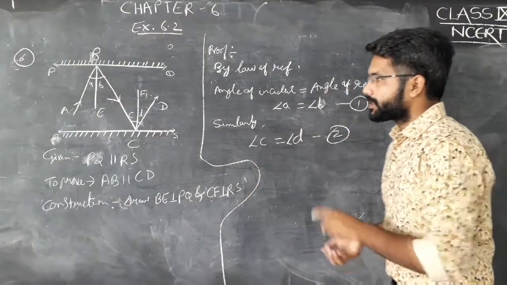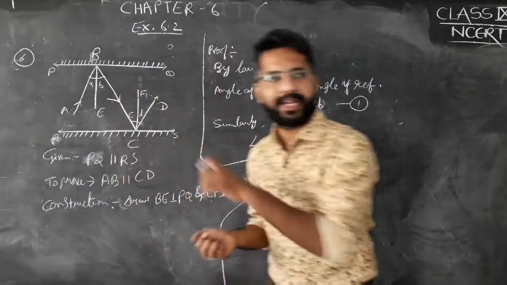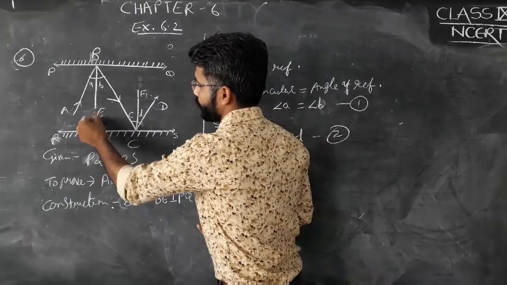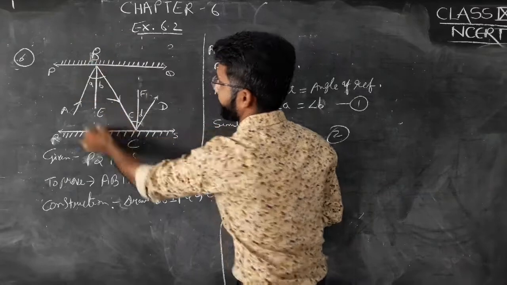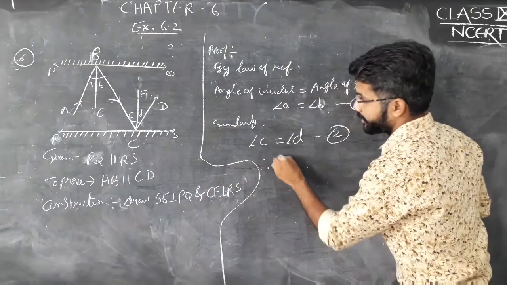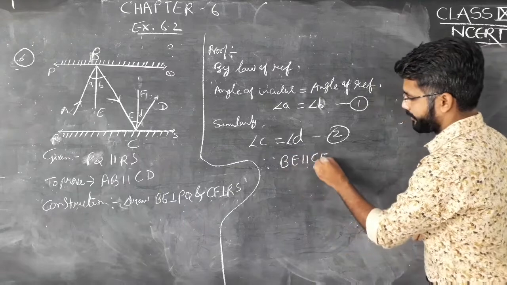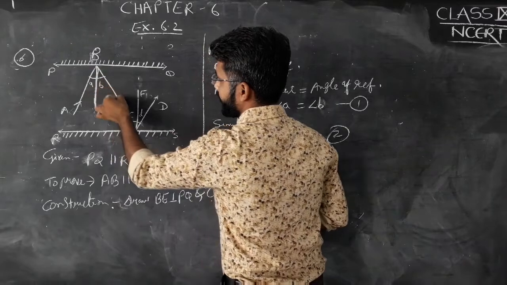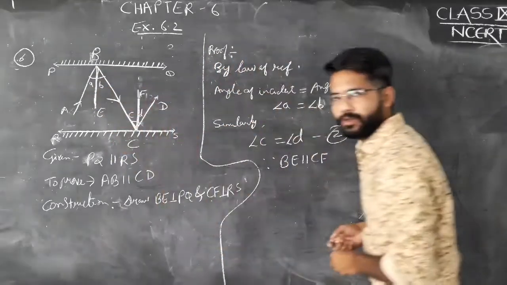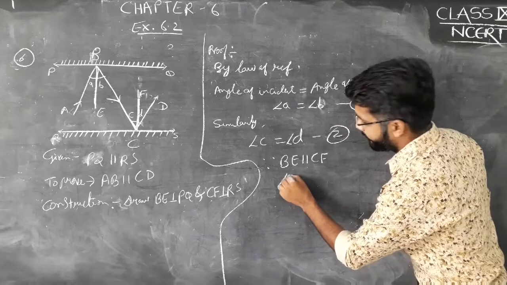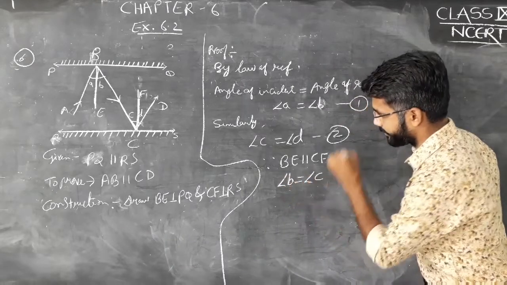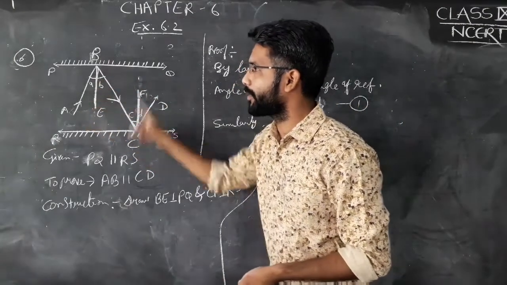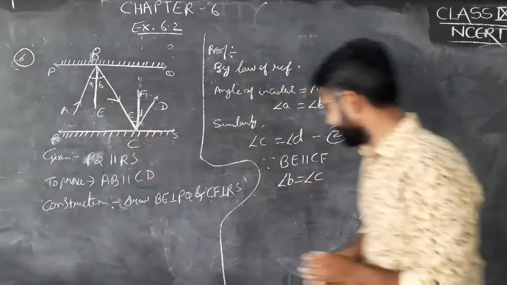Now we have drawn two perpendiculars, first one BE to PQ and second CF to DQ। If I extend these two lines, this line would be parallel। Okay, so since BE is parallel to CF, then this would be a line EB, C and F। So angle B would be equal to angle C। Is it clear? ये लाइन parallel है B और CF, so ये Z form होगा, and angle B and angle C they will be equal।